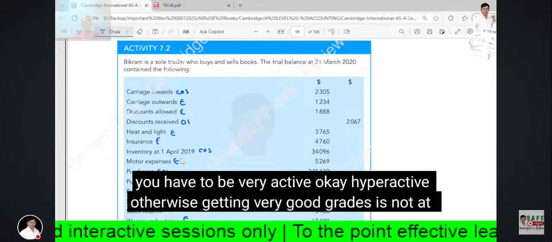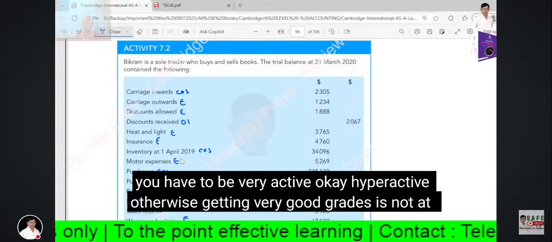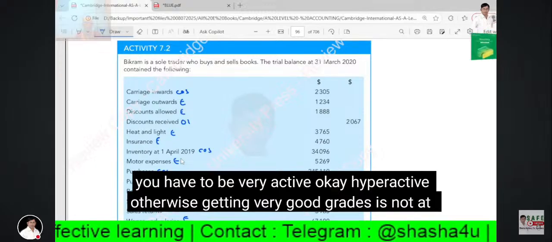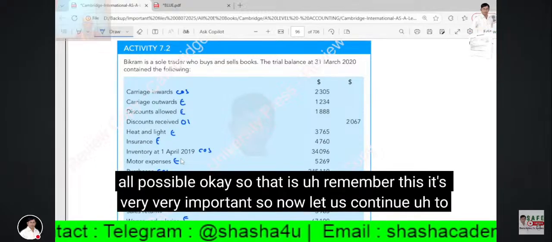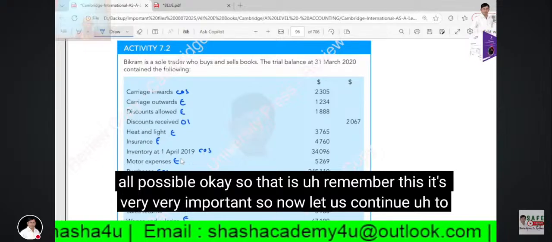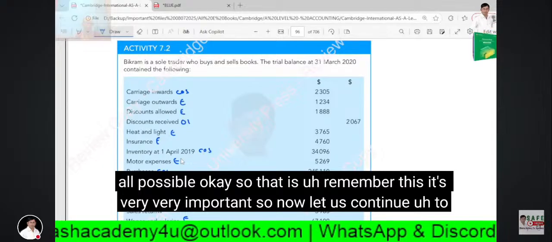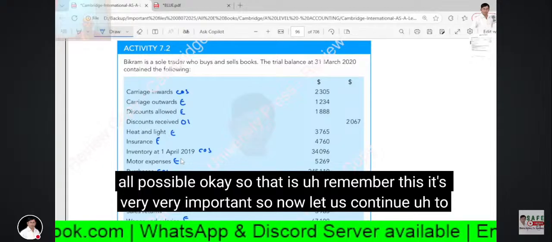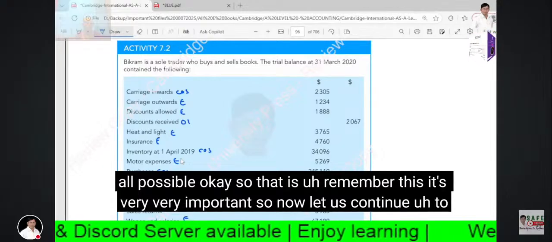We need to subtract drawings. Otherwise, we need to add net profit for the year. Remember this, it is very important. That will give the closing balance. So we always need to write the capital here. Then the fourth line item,